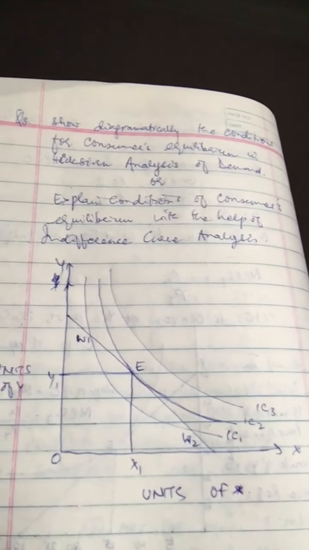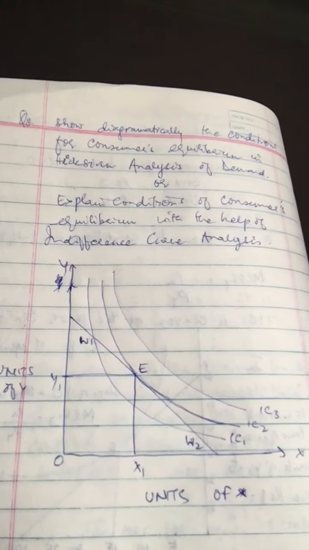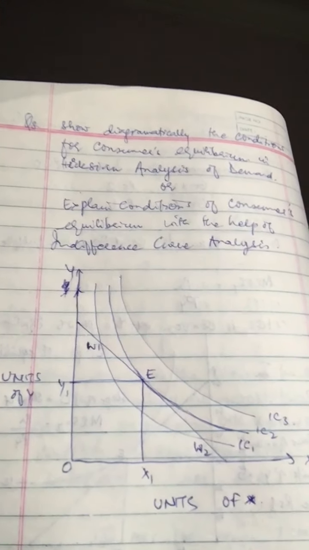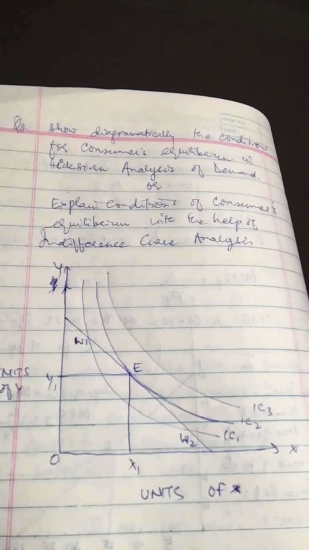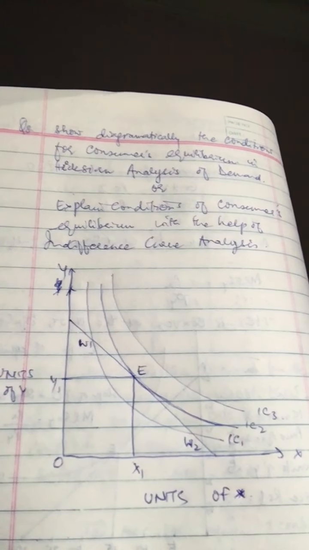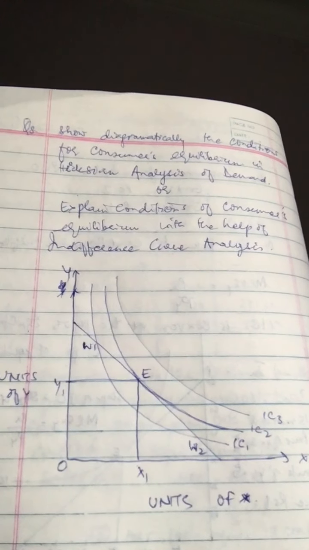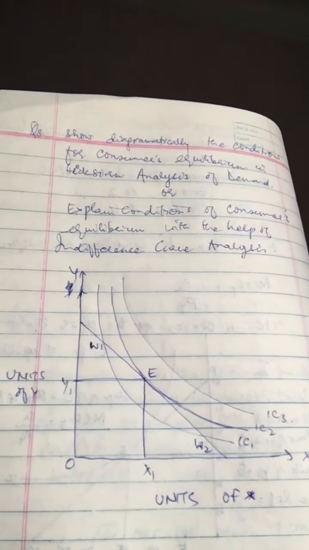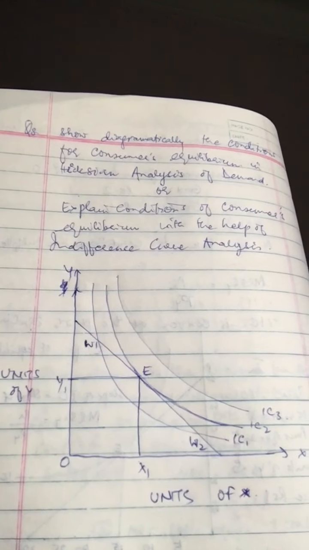A consumer will be at equilibrium at E because he gets maximum satisfaction from his given money income. He will not like to shift to any point left of E because the level of satisfaction is lower. He will like to move to the right of E, but his money income is not sufficient to achieve it. So in order to make use of his entire money or the budget, as we have studied in this concept and this model, E is the point of consumer's equilibrium.